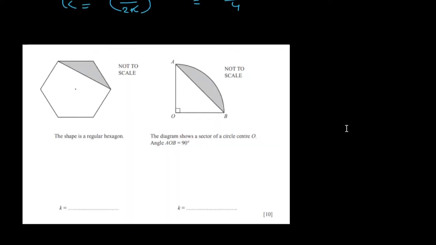Okay, so a regular hexagon is given. Now I have to find this shaded area. So what we will do here,